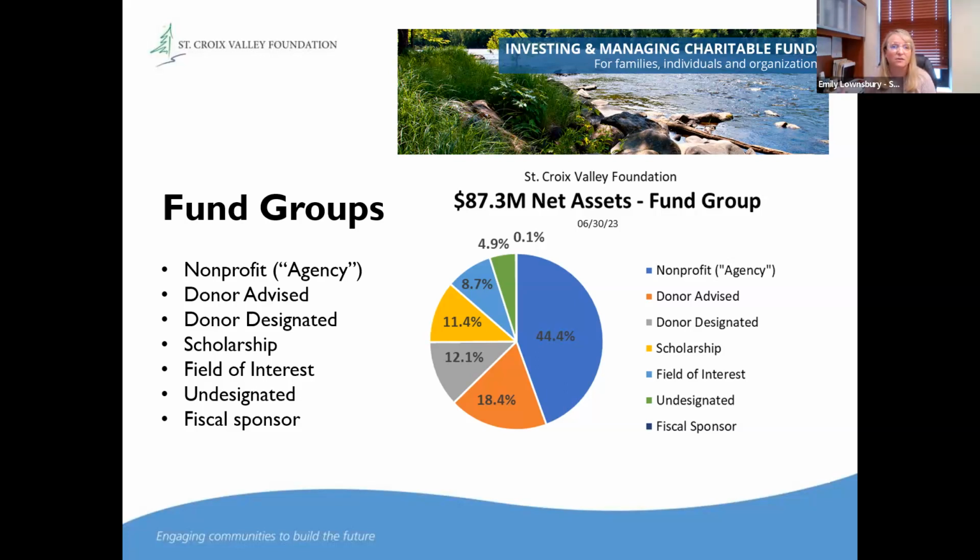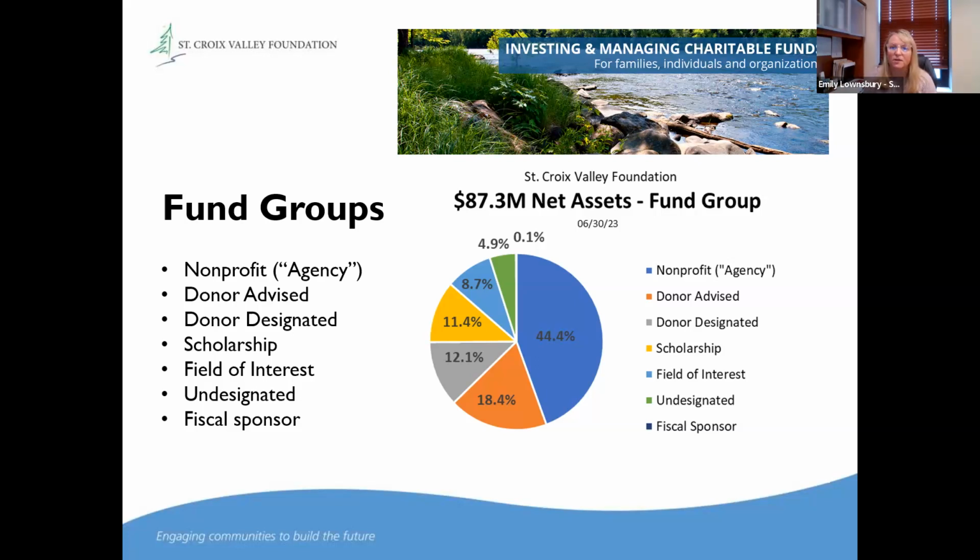They trust the organization to know what's best for the community within that broad umbrella of category. Then we have our unrestricted or undesignated funds that are about 5% of our total assets. These unrestricted funds are established without a restriction on how they'll be used. So unrestricted funds therefore give us the most broad category and greatest flexibility to respond to changing and emerging needs